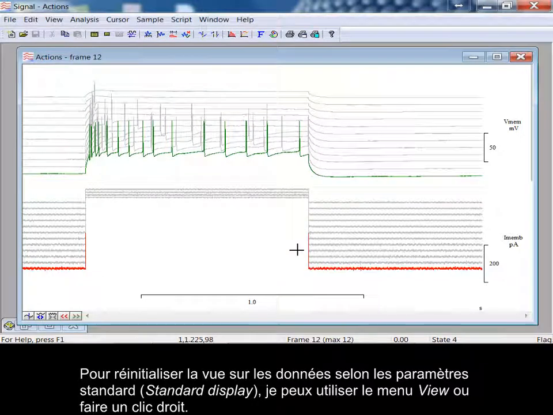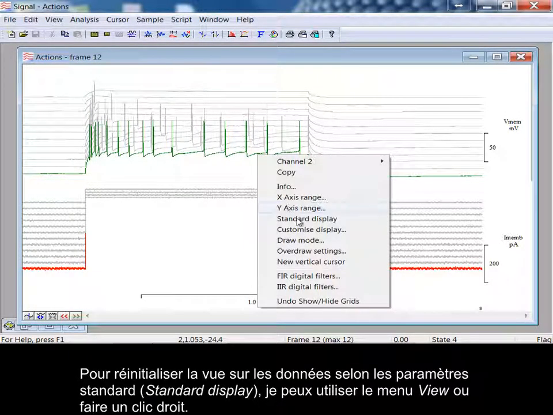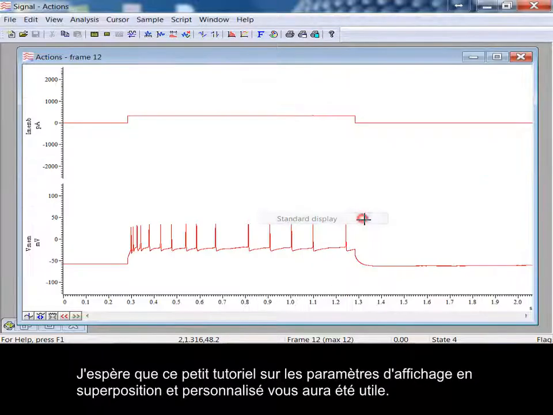To revert the data view to standard display settings, we can use the View menu or a right-click menu. I hope that you will find these overdraw and custom display settings useful. They should save you some time when readying